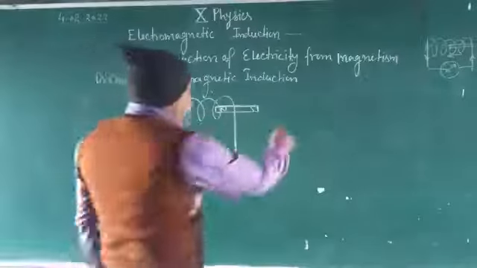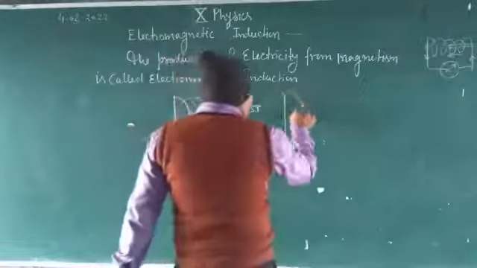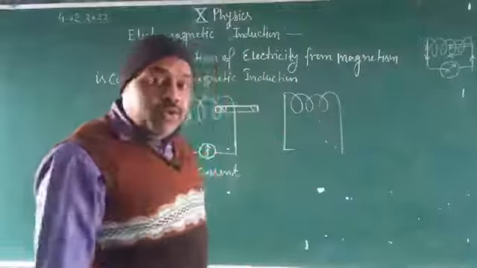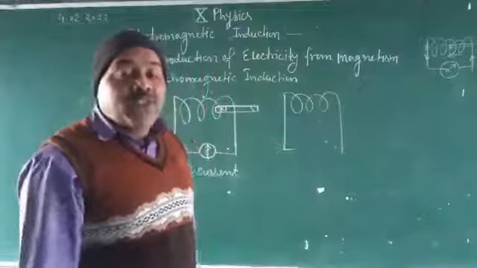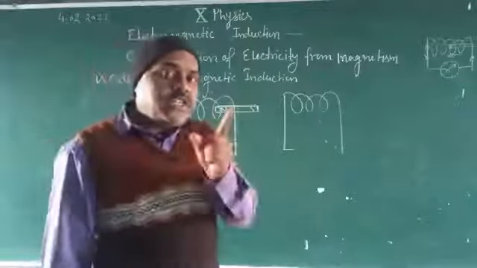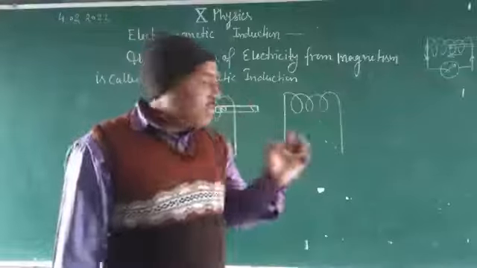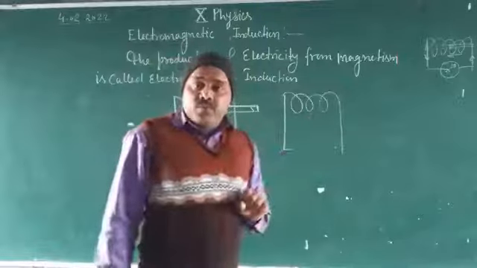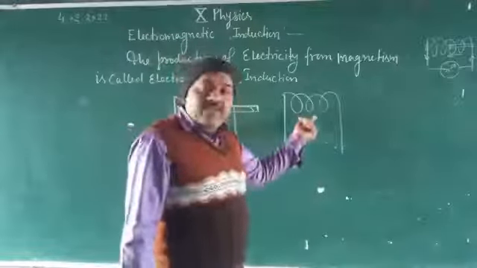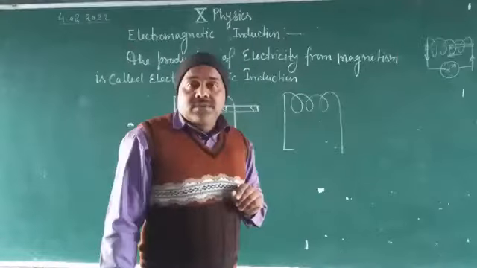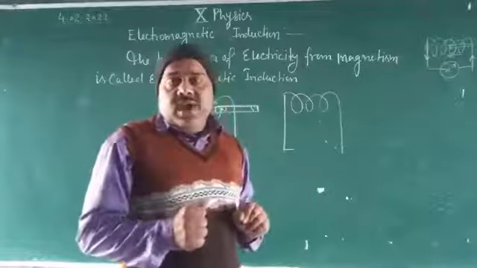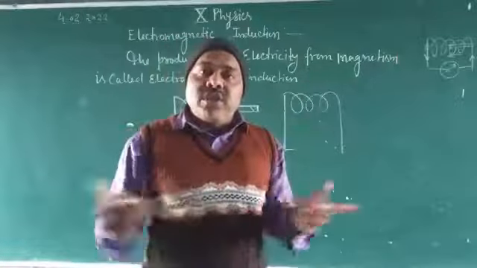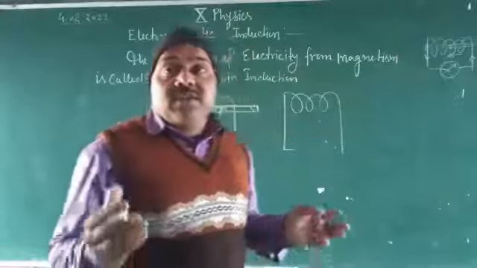Okay, but we can take here the next position of this coil. This is the number of turns in a coil, which should be large to find a large amount of current, because for induced current which is produced, there are some following factors. First, the strength of magnetic field, which should be large or strong. Next, the number of turns in the coil. Next, the relative motion or the speed of motion, which should be strong. When the speed of motion is increased, then the magnitude of electric current is also increased.